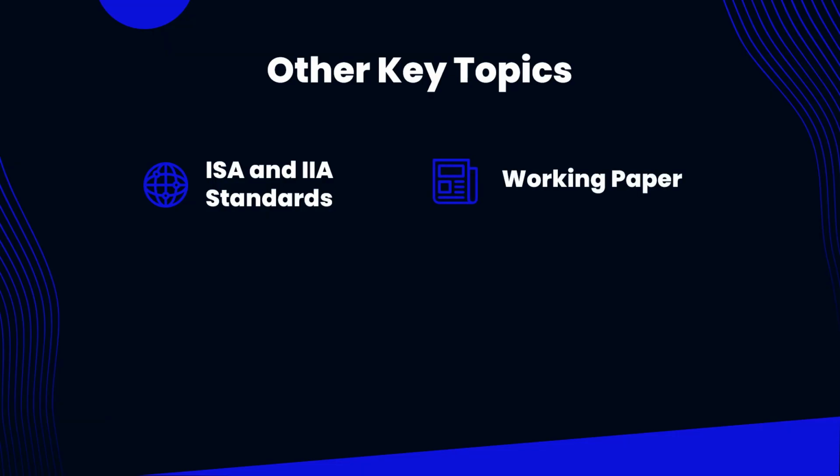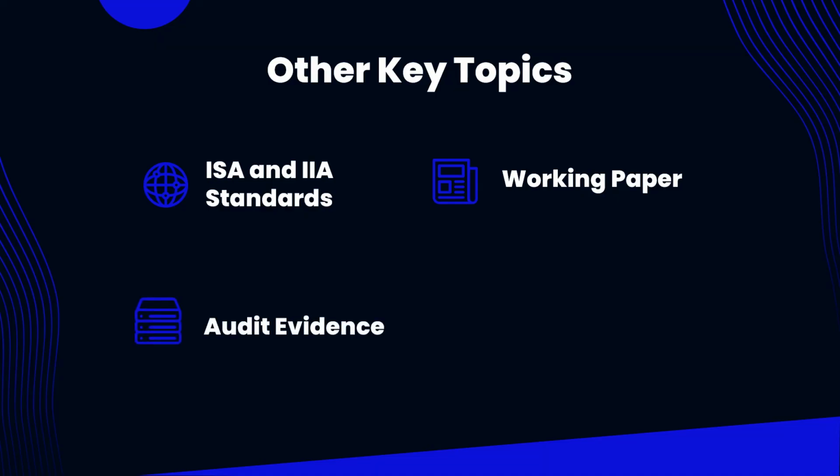Okay, so another one is working paper. This is very important. It's a document or a set of documents that auditors prepare and maintain during their audit engagement. They also maintain it after the audit engagement. There's a certain requirement by law or by profession to maintain the working paper. It serves as the primary record of the auditor's work, including the procedures performed, evidence obtained, conclusions reached, and the supporting information for the audit findings and opinions.